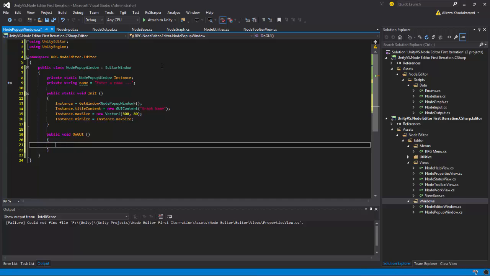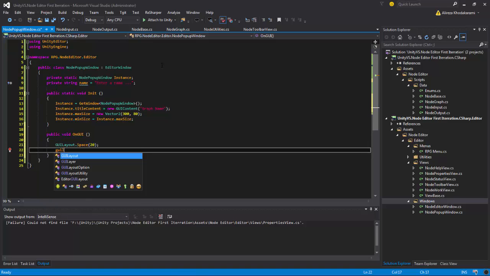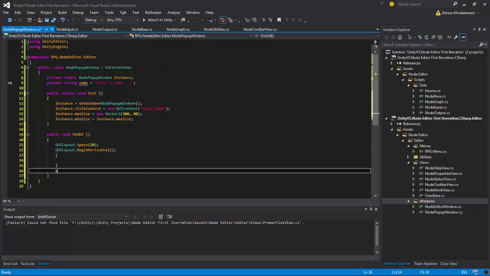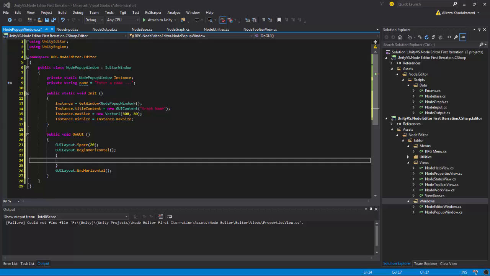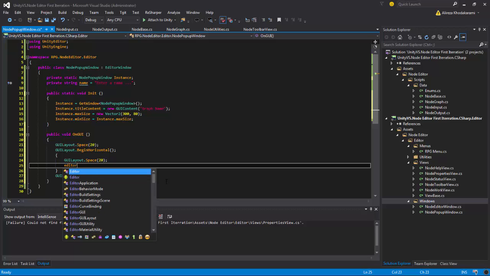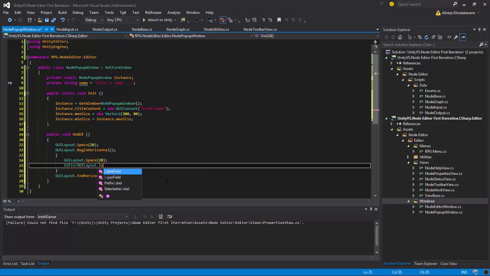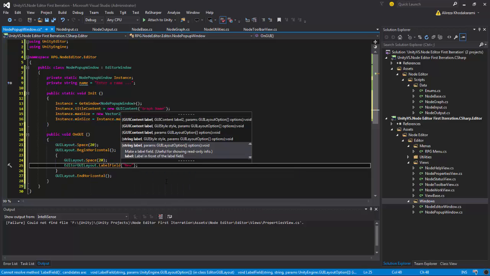Okay. After that, we will have the OnGUI method, and in OnGUI we say GUILayout.Space 20. Then GUILayout.BeginHorizontal, GUILayout.EndHorizontal. Inside the horizontal, we will say GUILayout.Space again 20, and EditorGUILayout.LabelField "New Graph",